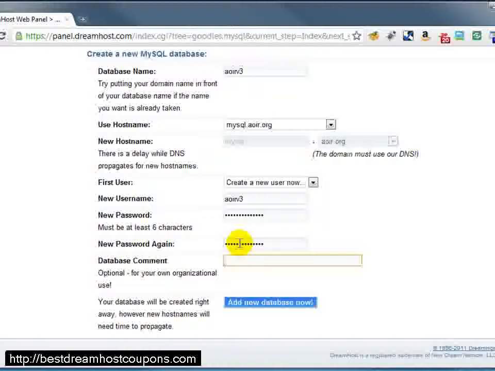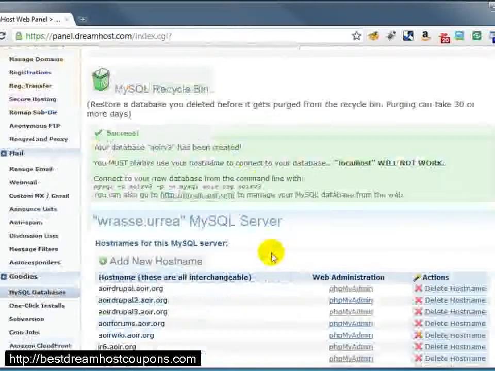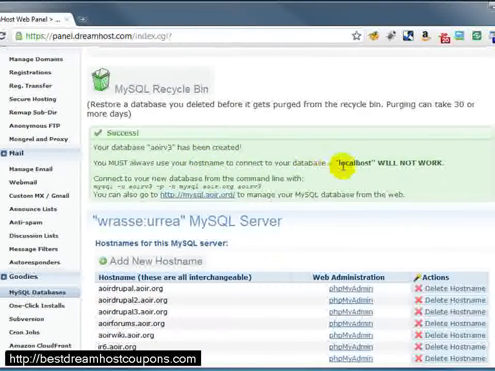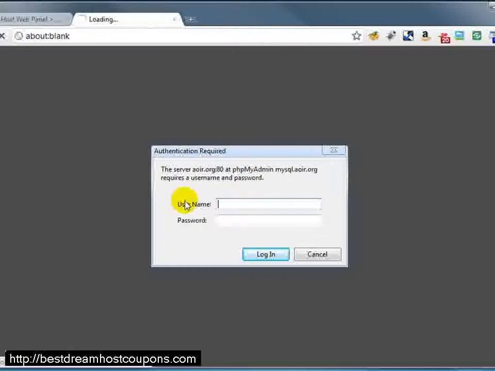This is just a comment for the panel on Dreamhost, so that when I'm looking at it later, I know what it is that I used this database for. And I'll go ahead and create the database and wait a minute while it thinks on that. And now I have a new database, and you'll see it reminds us not to use localhost, that we have to actually use the host name when we set things up. And I can go to mysql.aoir.org, which is the